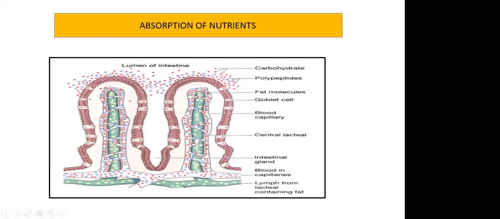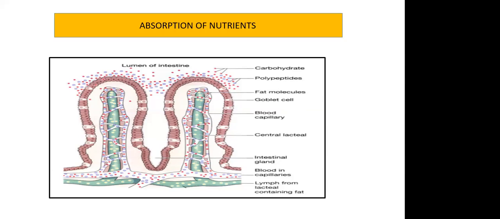These monosaccharides, amino acids, fatty acids, and glycerol diffuse slowly down their concentration gradients into the enterocytes from the intestinal lumen. And active transport. What is this active transport? These monosaccharides, amino acids, fatty acids, and glycerol may be actively transported into the villi, and this is faster than diffusion. Disaccharides, dipeptides, and tripeptides are also actively transported into the enterocytes where their digestion is completed before transfer